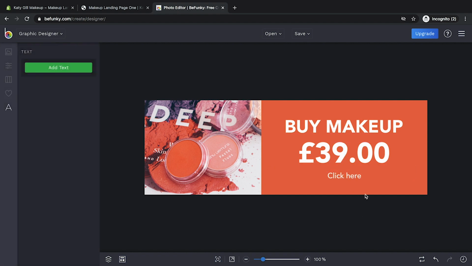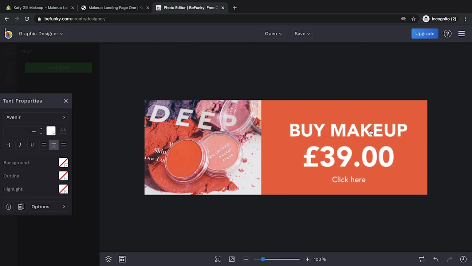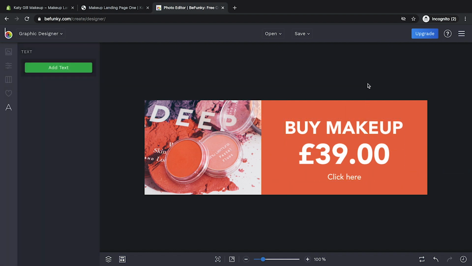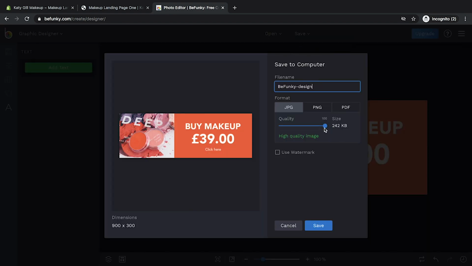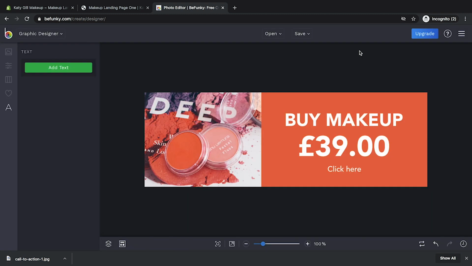So it kind of snaps for you. So it snaps into the middle and it snaps all over the place. Then you can highlight them all, and you want to make sure that the whole thing is snapped centrally. There we go. Brilliant. And that's it. We've just created a nice call to action, which will save out as an image. So we'll call this one, again, give it the highest size you can use, and then we'll call this one call to action 1. Brilliant. And we'll save that here. So we've now got a call to action image saved in our computer.